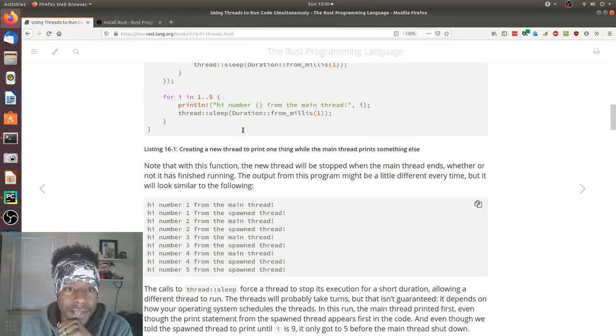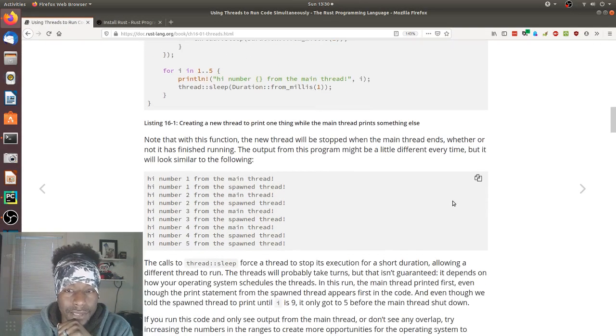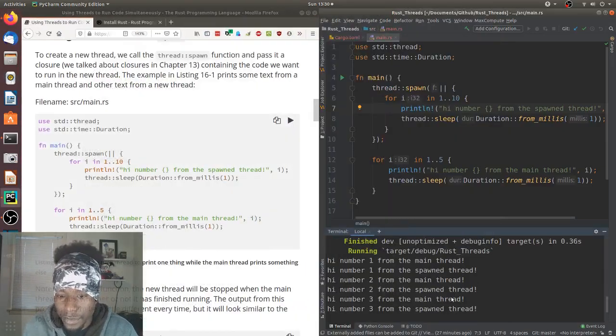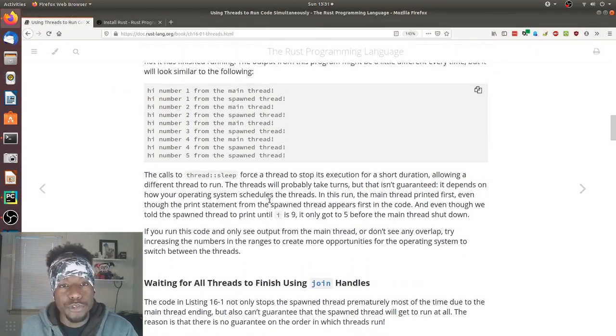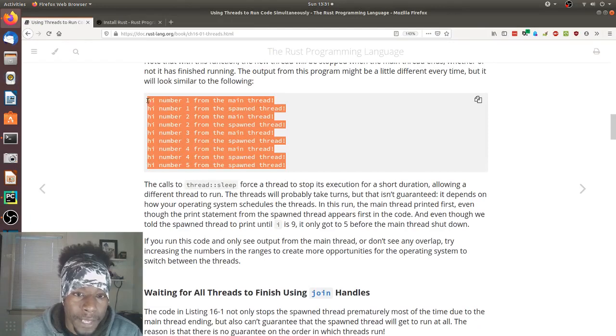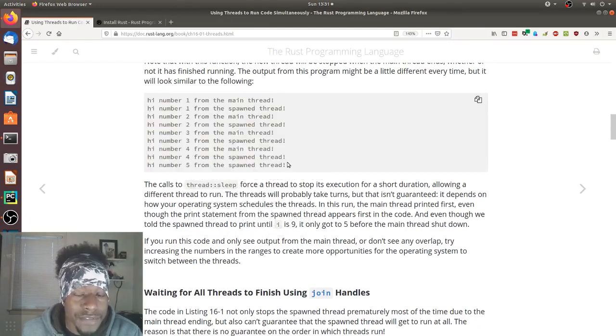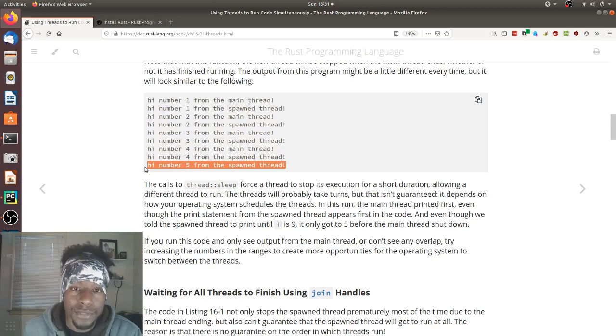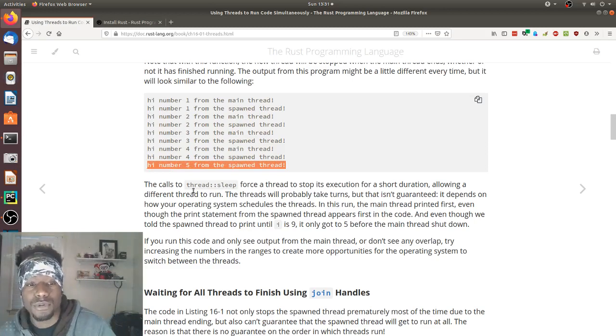Oh, they got a 5. Why, how did they get a 5 and I didn't get a 5? That's awkward. Here was my confusion. I looked here, right? And I see 1, 2, 3, 4, and I see a 5. That 5 is not from the main thread. That 5 is from the spawned off thread, and that spawned off thread is supposed to go all the way to 10. So seeing a 5 every once in a while seems normal. Understood.